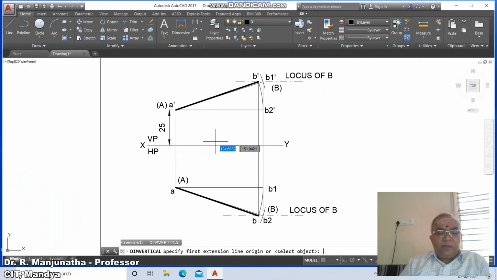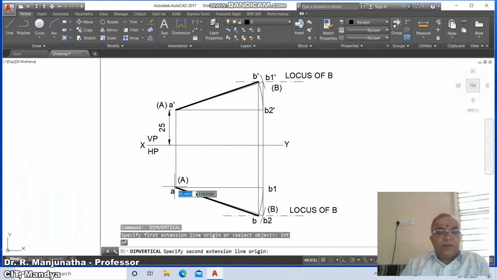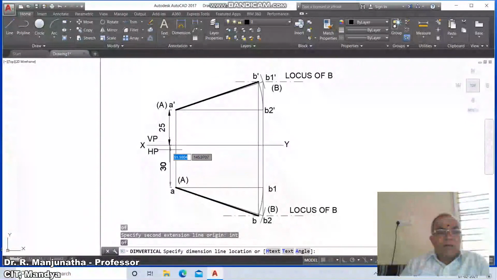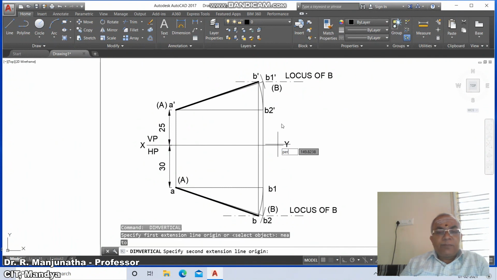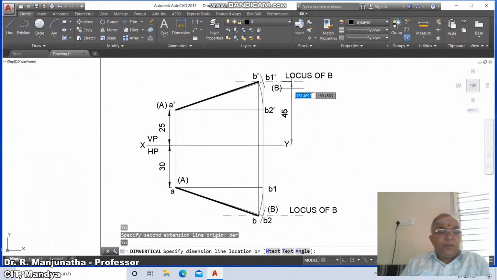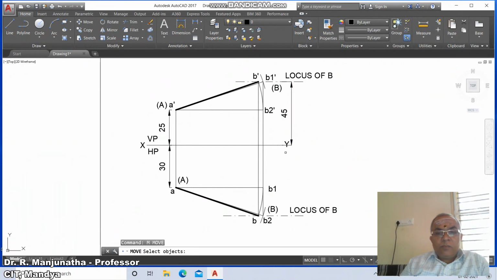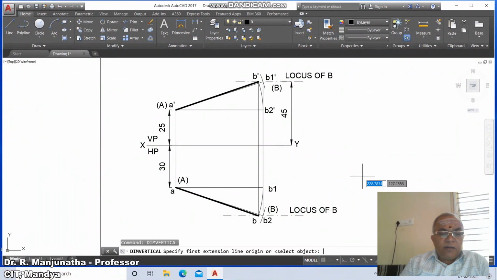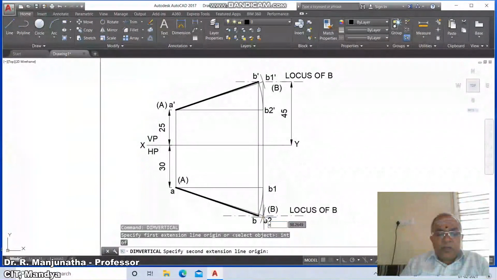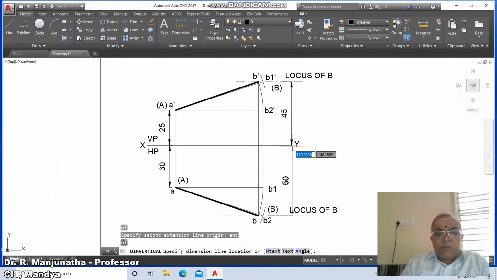Similarly, dim vertical: you take the intersection point of this to the intersection point of this, and it makes 30. Again vertical, you take nearest on this and perpendicular to this line, and you are going to get 45. Then go to move this Y here. Similarly, dim vertical, you take the intersection point of this to the end point of this. So you're going to get 50, you take it 50.